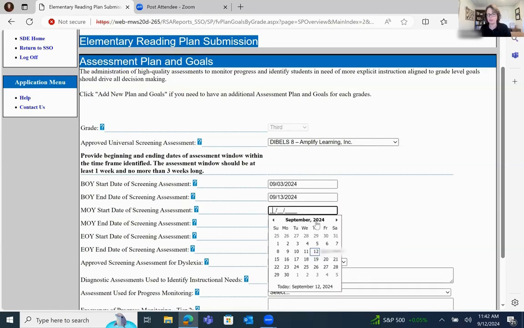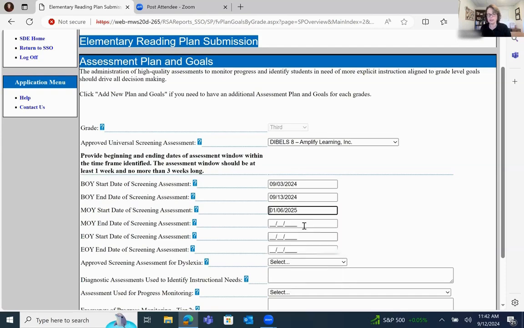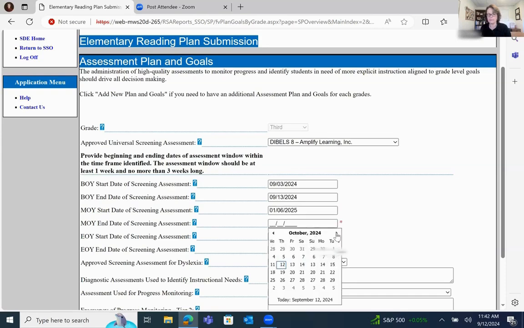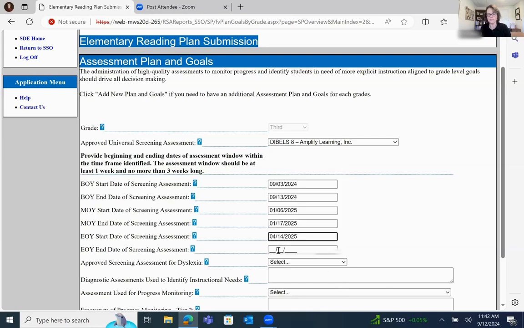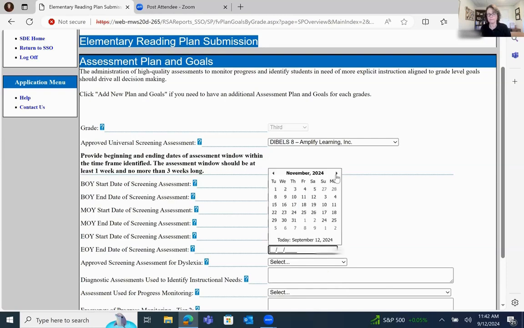And then my mid-year one, I used January 6th through January 17th. And my end of the year one was April 14th through April 25th.